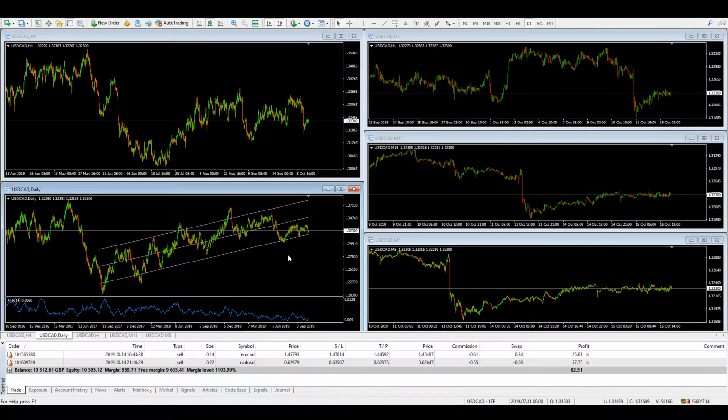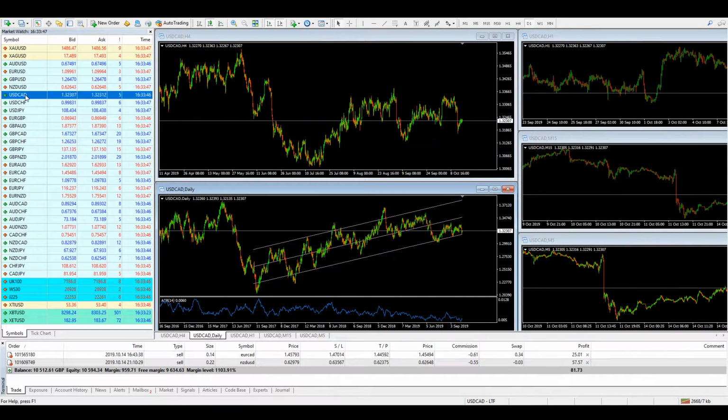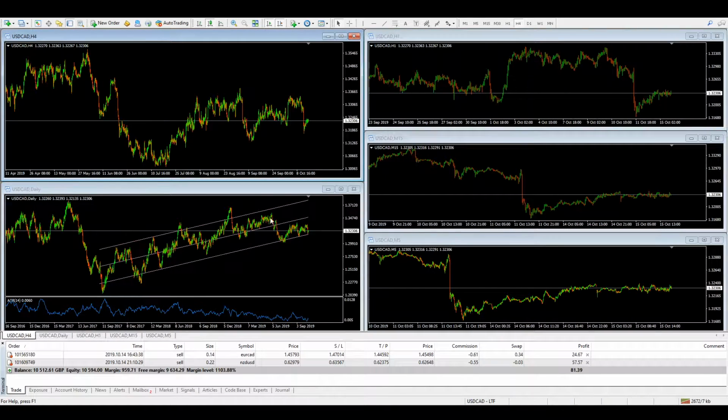USDCAD. Very sideways. Let me just see what the swap on this is. Yeah, it's not too bad. This is definitely showing signs of bullishness with higher highs and higher lows, but similar to that other one we were looking at, it was very rangy in the way it's creating these new highs. It takes a while for them to be produced. I'd anticipate being long on this. It could take a while before it hits take profits, but I can still see enough context in this to be long,